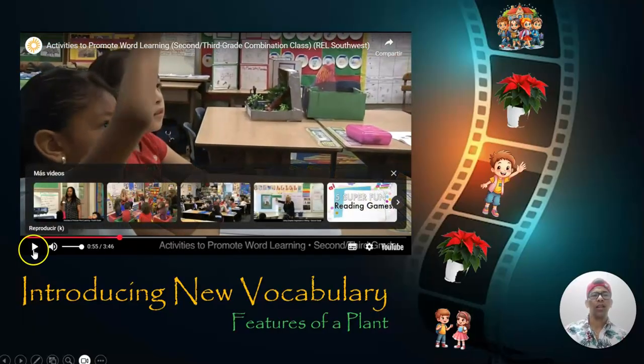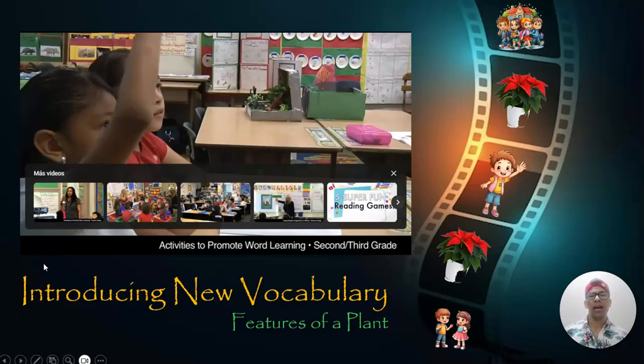Okay, as we can see, this activity that the teacher is developing with the students is offered to students who are third graders. That means the students are about 7 or 8 years old. The teacher is showing the students a real plant. That means that she is giving the students the experience of learning about a real object that she has brought